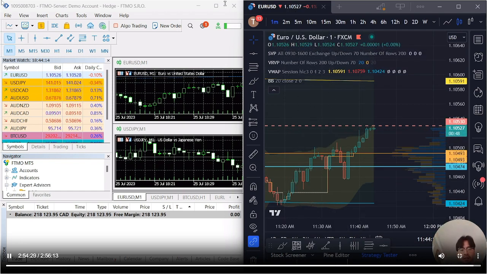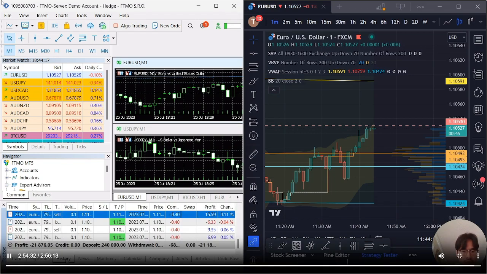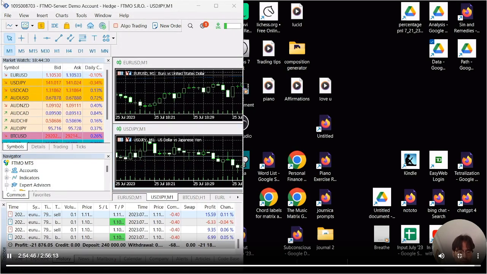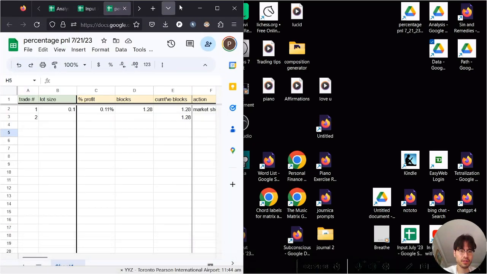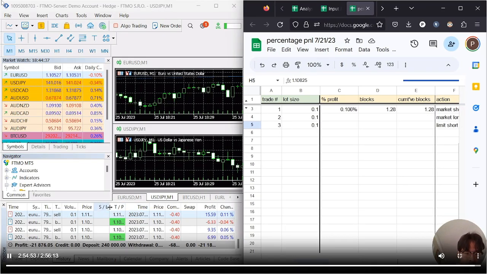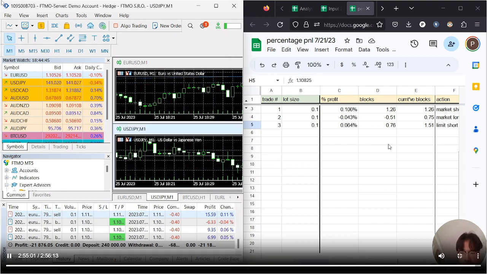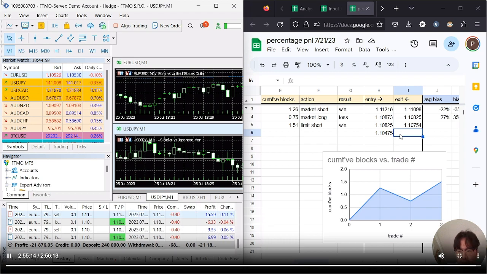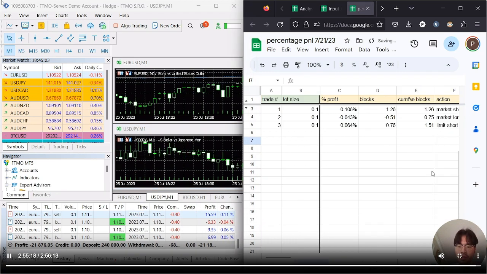You know what? I'll show you how I log these trades. Okay, so basically, here's what we're gonna do. Got this percentage. Take profits, this one right here. Gonna mark the entry and the exit. The entry for that trade was 1.10475. The exit was 1.10530. Lot size was still 0.1.